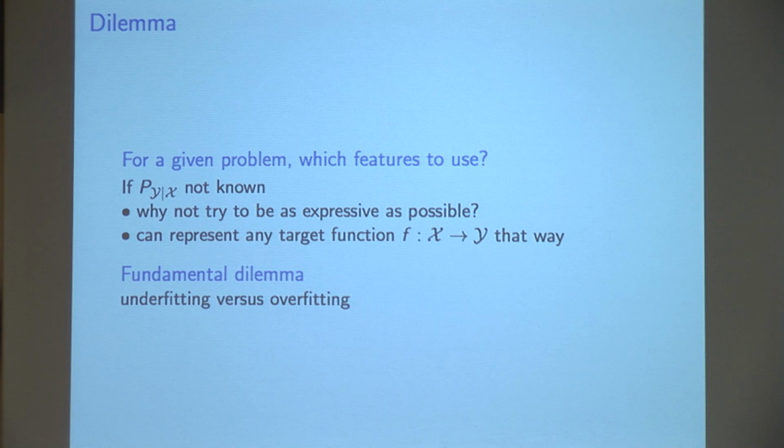That's not what this game is about, right? If you use all of the features, you'd better have all of the data, and maybe even more than that. Because machine learning isn't just about making models and solving optimization problems. It's about making models, extracting them from data, and having them actually work on new data, right? So we get this very natural tension in practice, this dilemma between underfitting and overfitting.